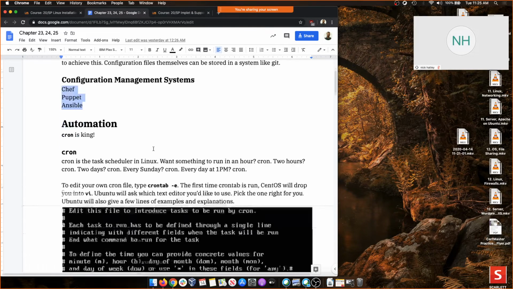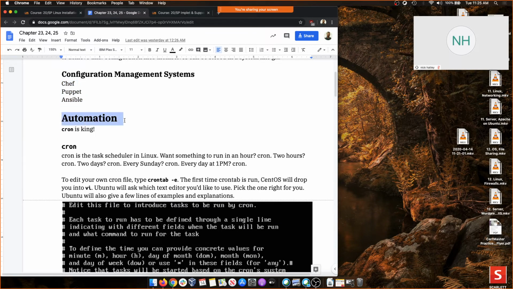So that gets into the main topic, which is automation. Cron is king. What that means is cron, as in chronological. That is the name of the automation system baked right into every single Linux. Now, the cool thing about cron